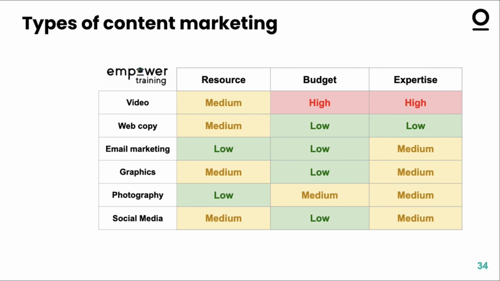And if the ROI is that high, then email marketing, again, I stress, is a great activity to look at if you haven't started using it already. Now, creating infographics might be medium resource, but you do need a lot of expertise in order to make it effective. There's no point creating an infographic or a graphic that doesn't really communicate to your audience what you're trying to do and actually makes it more confusing than just having it in a report.